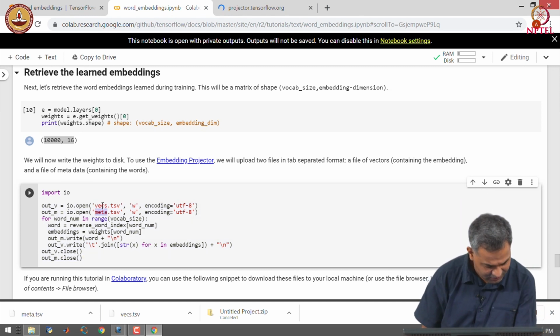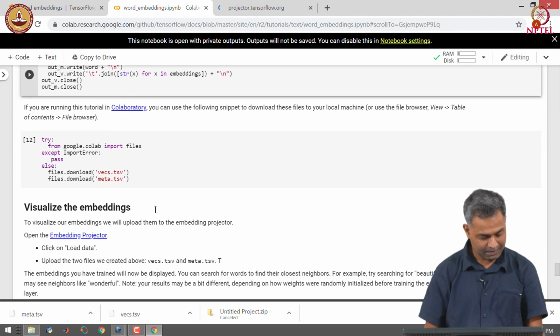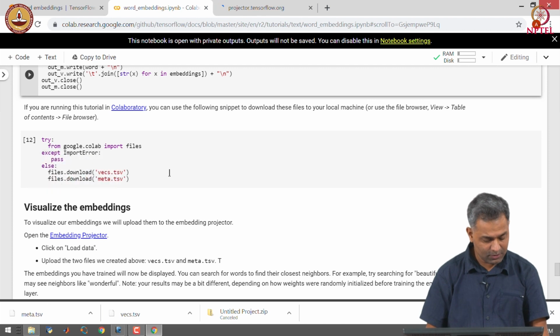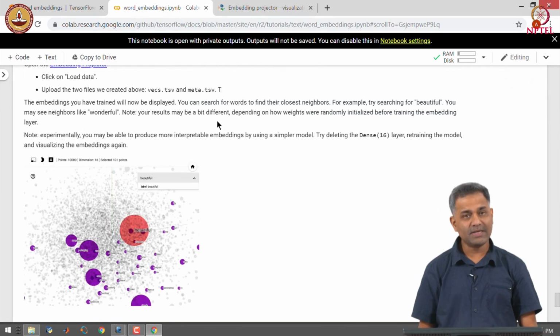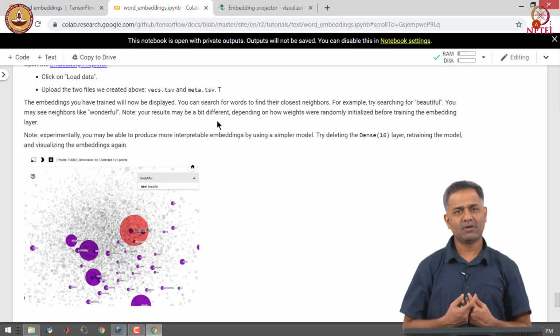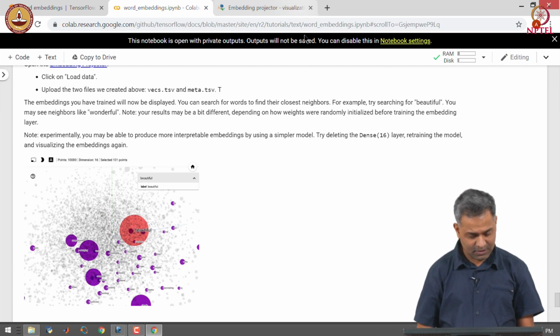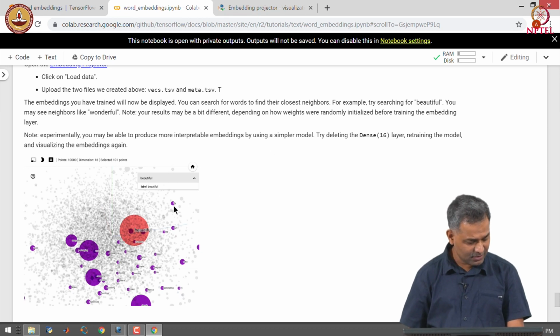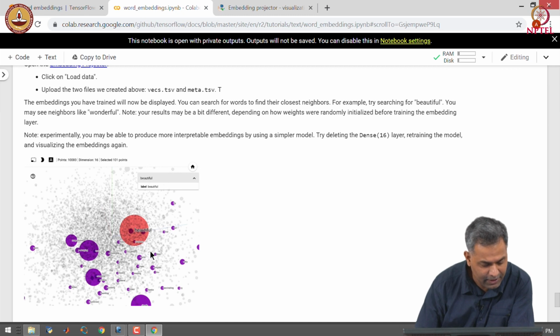The meta file contains the words and the vecs file contains the embeddings. We download both files and go to the embedding projector and load the data. As an exercise, you should upload both these files in the embedding projector and visualize the embeddings. When you upload these two files, you see embeddings like this, and when you try searching for beautiful, you will see neighbors like wonderful.